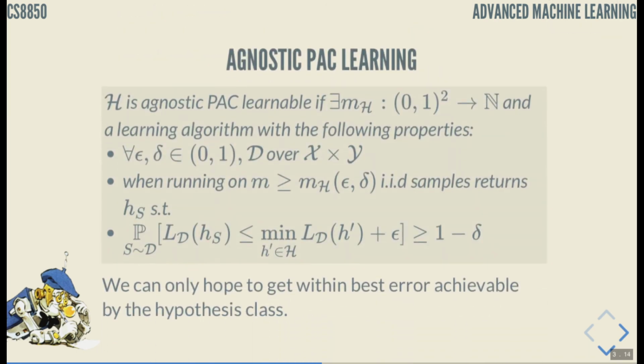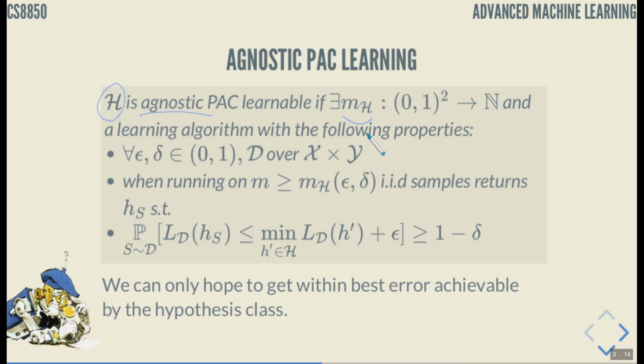Having that, now we can define agnostic PAC learning. Agnostic, probably approximately correct learning. A hypothesis class H is agnostic PAC learnable if there exists a sample complexity function M sub H, and a learning algorithm with the following properties. For all epsilon and delta